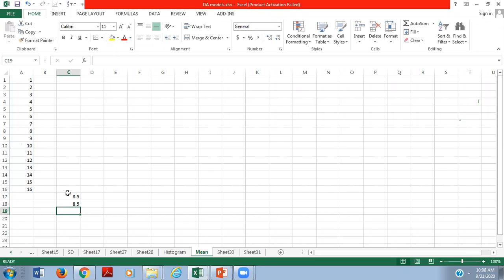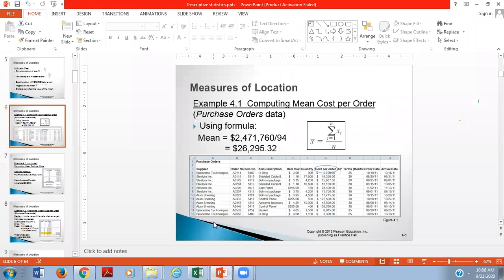Now see, both the values are the same, but we have calculated it in a different way, right? So that's the way through which we have to understand how we implement or fix the formulas in an Excel sheet for this particular concept.